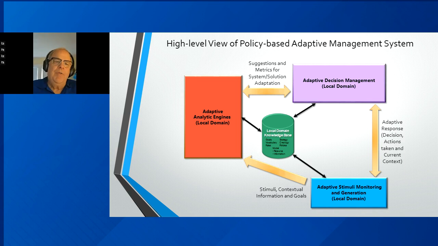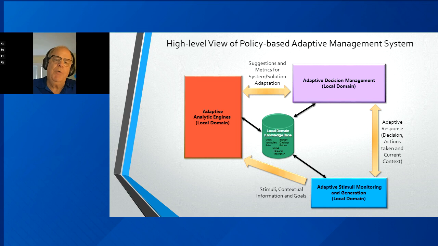Again, all of those are logged in the local domain knowledge base, so that when we make that decision, we know why the decision was made, and the costs associated with the decision. Also, obviously, we're feeding that back to the adaptive analytic engine, so the analytics now know, oh, wait a minute, they chose decision A over decision B, C, and D,